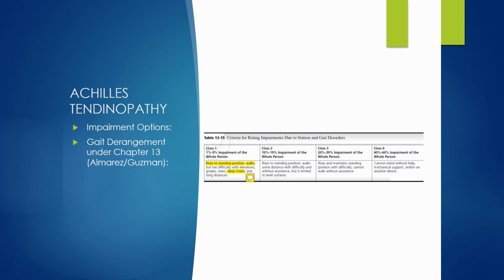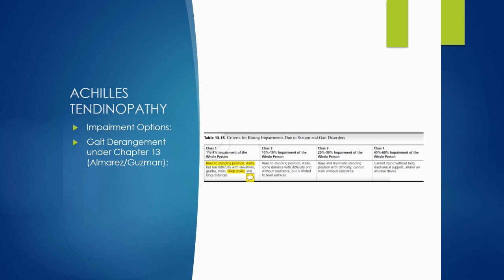So you may find that with your particular employee or examinee, providing for permanent impairment due to gait derangement out of Chapter 13 allows you to more accurately describe the totality of their impairments by employing impairments due to gait as well as some of the other impairments described in Chapter 17 that otherwise could not be combined due to limitations described in the cross usage chart, which is Table 17-2. So this might be a little bit difficult to read, but